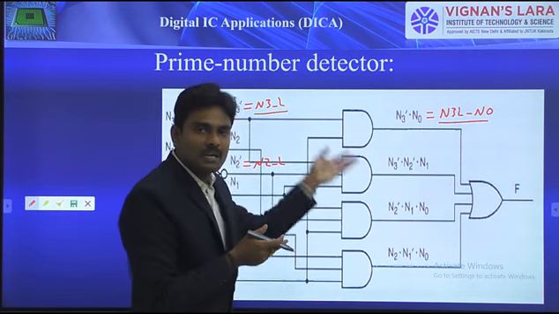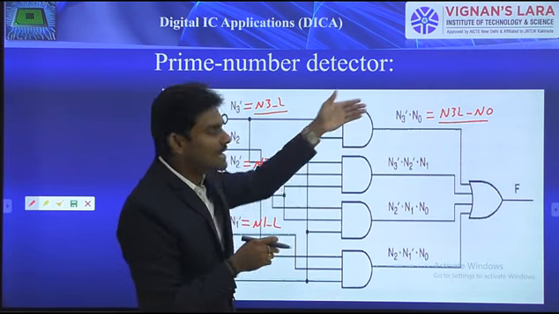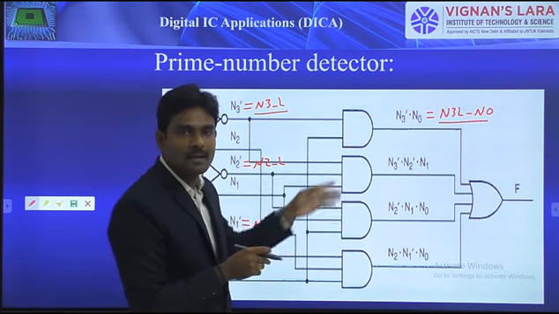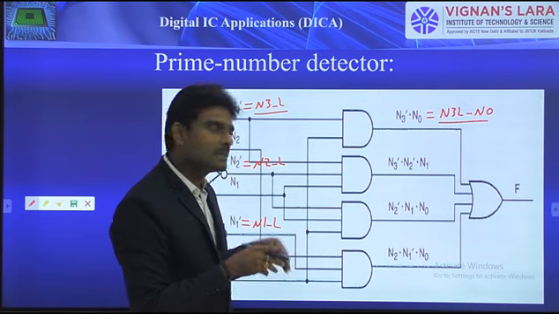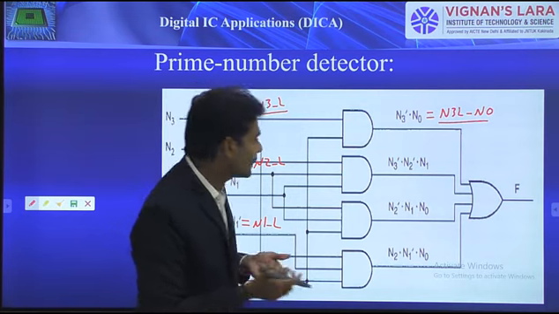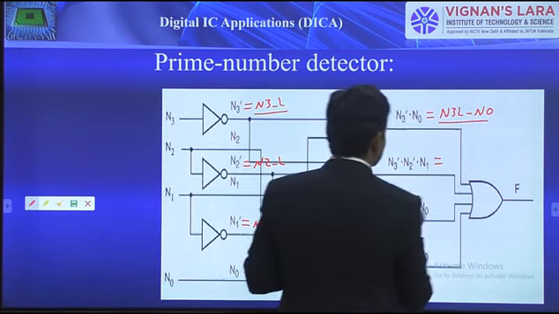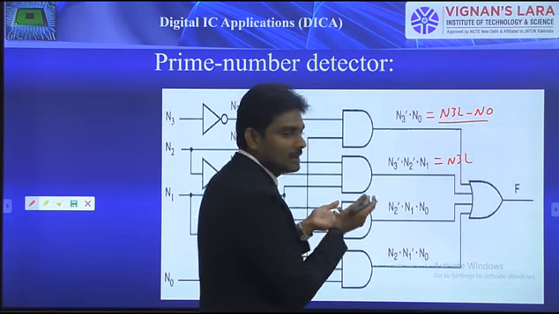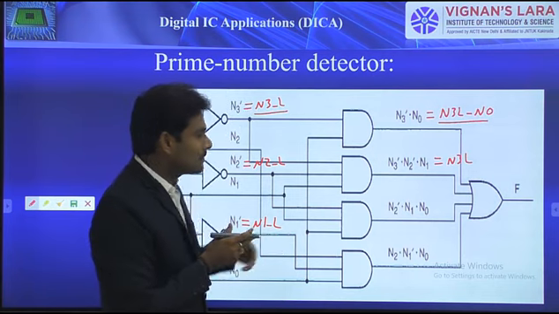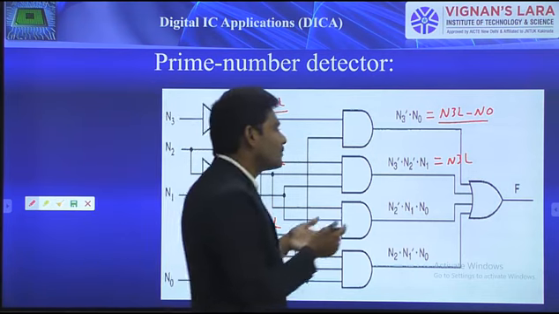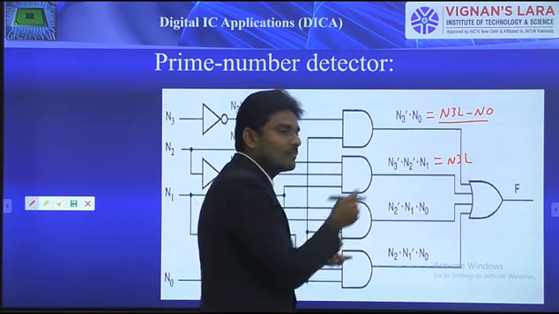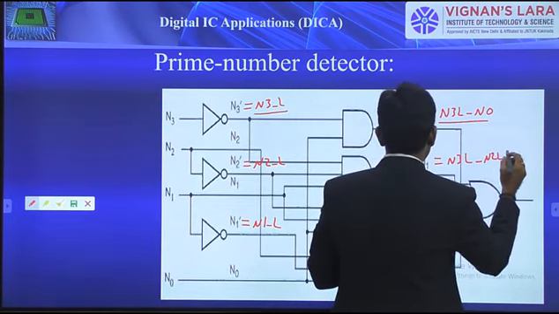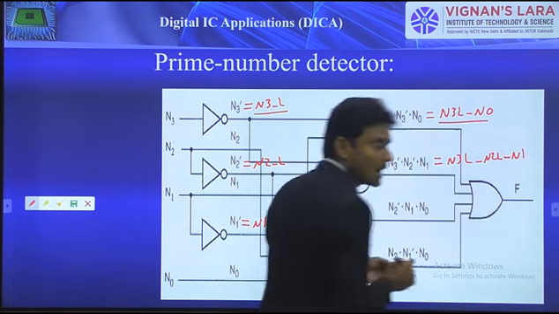If it seems difficult for you, you can also simply prefer X0, X1, X2, X3. When I discussed it the first time, I mentioned these signal names as X0, X1, X2, X3, so you can consider that also. But anyway, N3 bar I am representing as N3L, where L represents the low level signal. That means N3 bar indicates the inversion of N3. So I indicate N3L_N2L_N1.